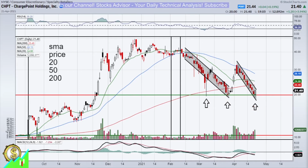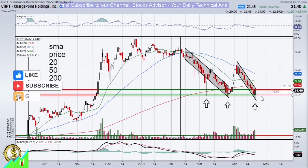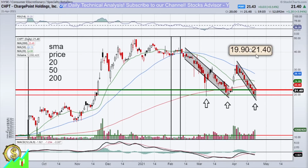So how to trade? Very simple. The first level to buy would be within the size of the current body, which is between 1990 and 2140 for us. So let's write it down as a call out so we will not forget it: 1990 and 2140. This would be the first level to buy, with the hope that we are going to rebound